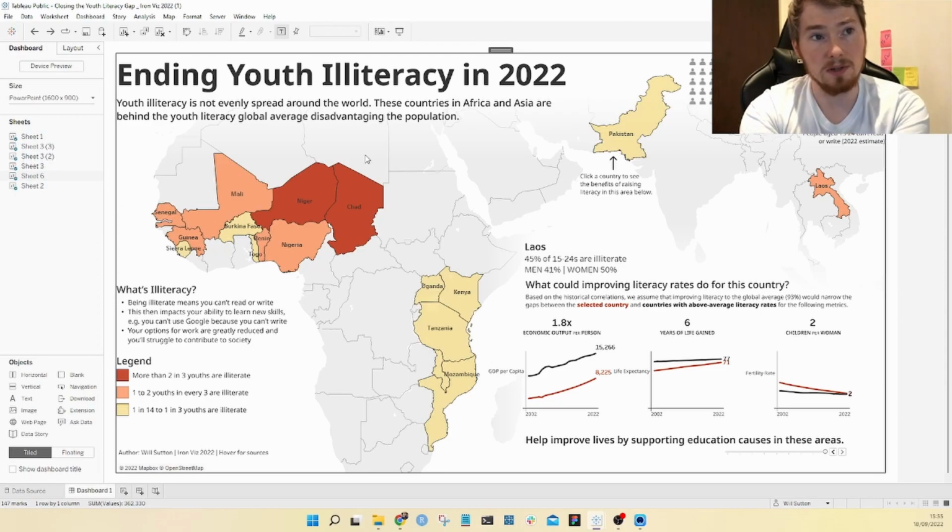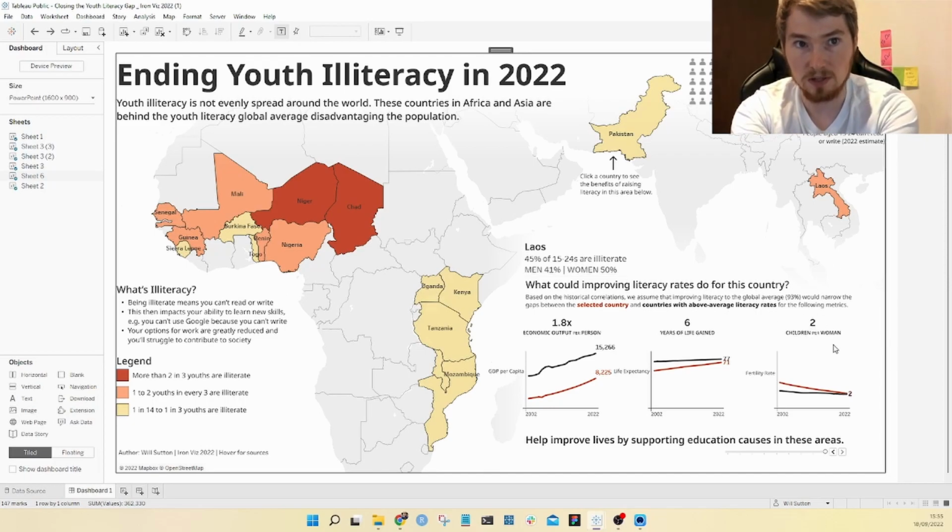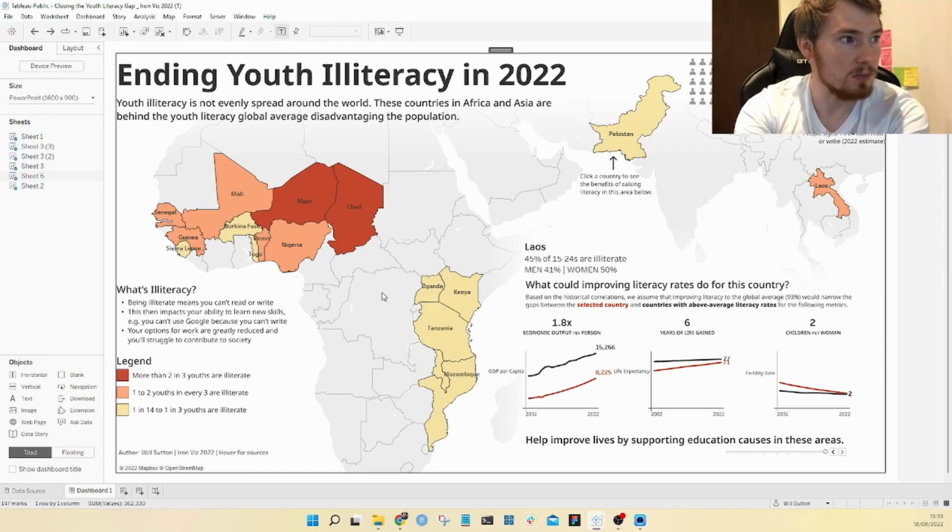So I've used an image here of a map rather than just the static map. The main reason for that is this last section here. You can see how these countries have a bit of a fade to them, so that we can actually read this text here. Imagine if this country were fully out, it would really encroach on the rest of the data I'm trying to show here, so I try to avoid that as much as possible. So I used an image rather than the out-of-the-box map from Tableau, but it kept that logo, that Mapbox logo, because it is from Mapbox.